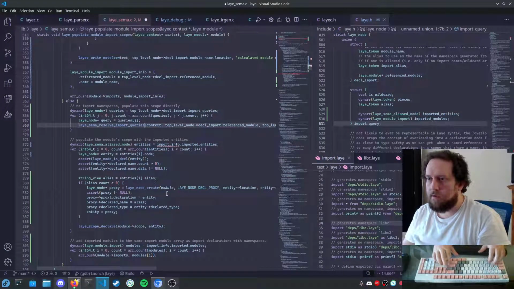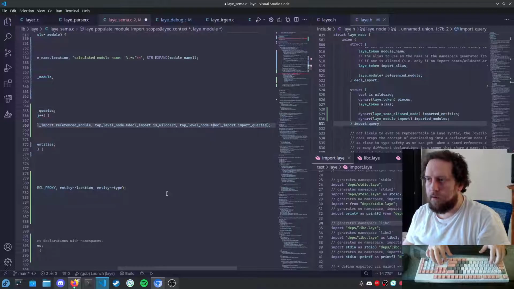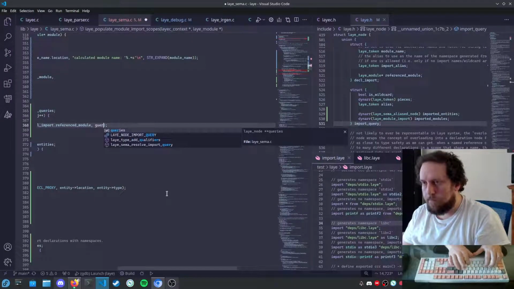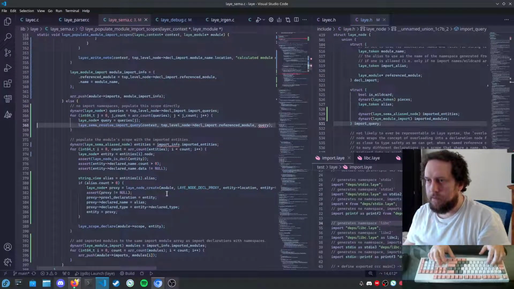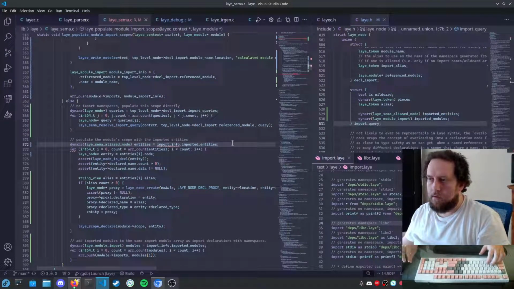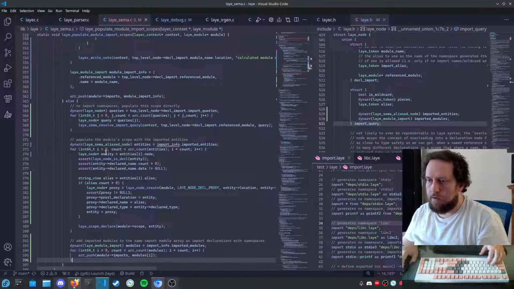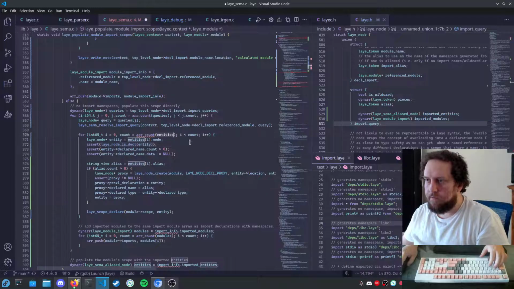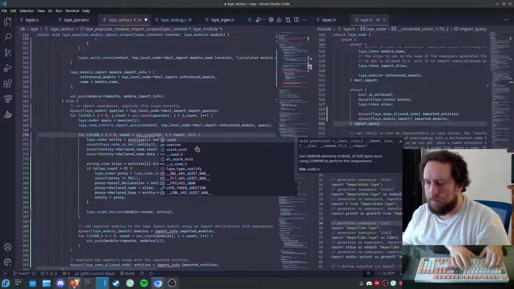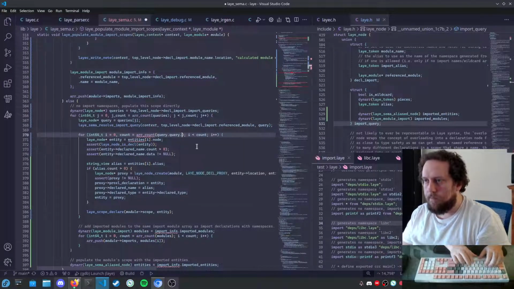Resolve a single query, which no longer needs this wildcard flag and only needs queries of j, which is query, like this, right? Then what we're going to do is copy all of this into here. Instead of this, it's going to be query, query,